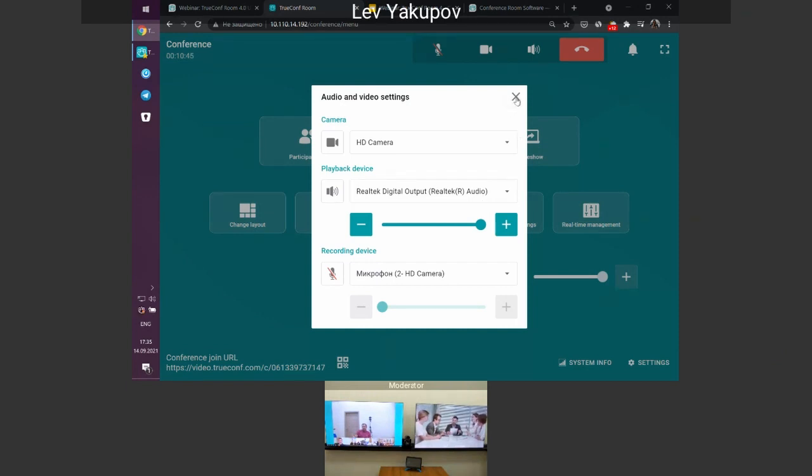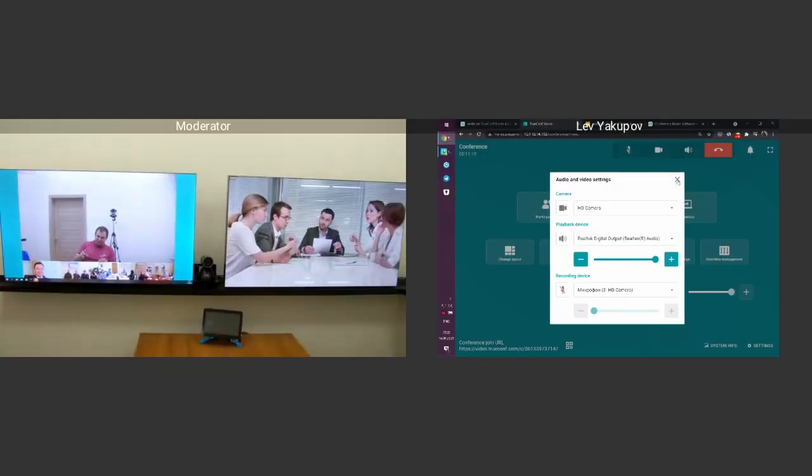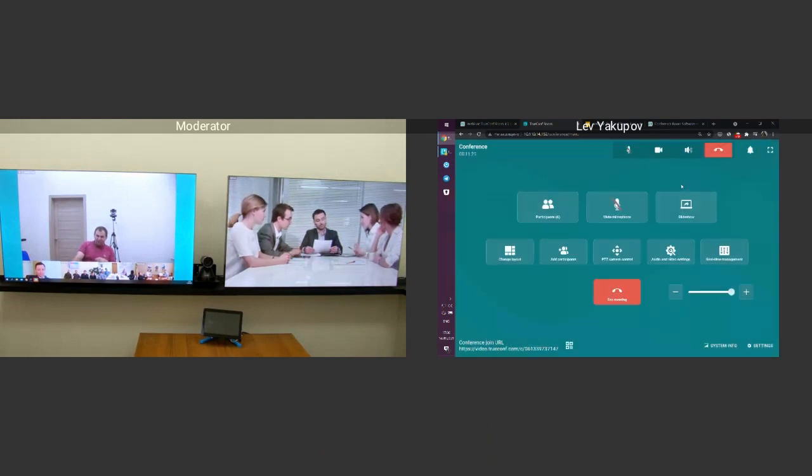But we do not recommend doing this. If a user changes settings, probably the user could select the wrong settings, wrong microphone, wrong speaker, and wrong camera. And the next person who will use this room will receive a poor experience. The endpoint won't be useful for him or her because the previous user changed some settings. That's why we put these settings in the full version. So it is possible in the full version to lock those settings for regular users. Okay, so